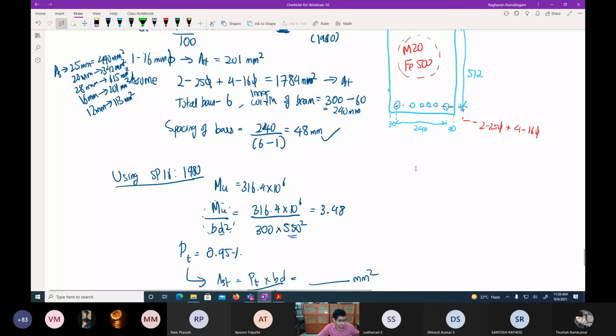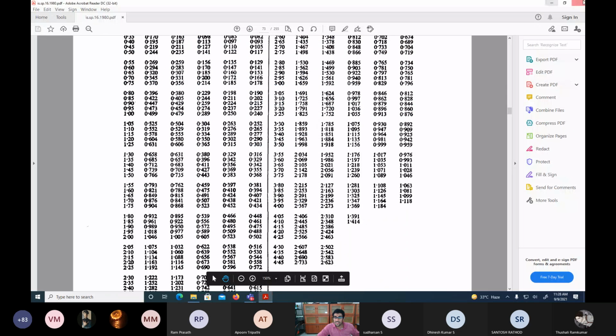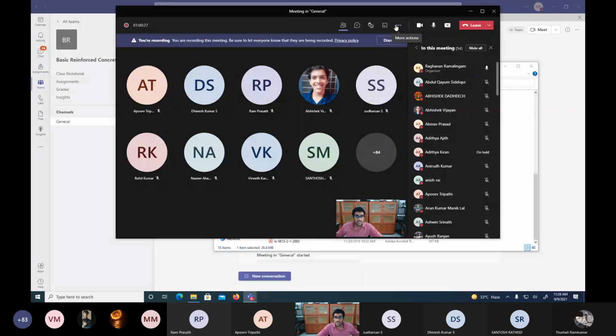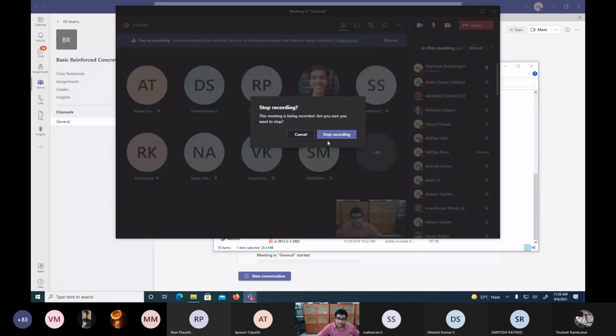For the next 2 or 3 classes, you will be doing problems only. You'll be doing problems on slabs and doubly reinforced beams. We'll do one more singly reinforced beam also to make it clear. I wanted to introduce the process to you, and I've done that. So from Wednesday again, we'll just